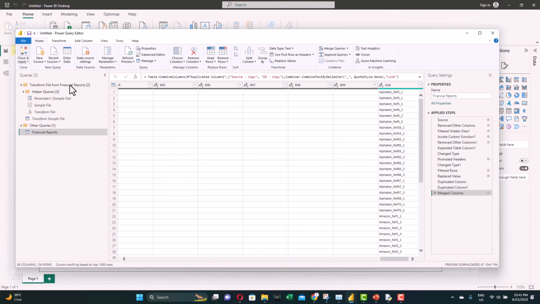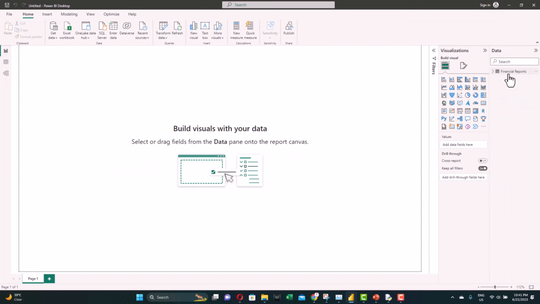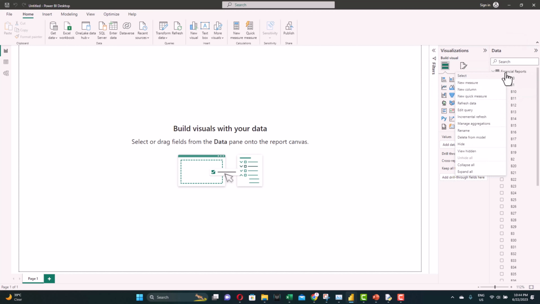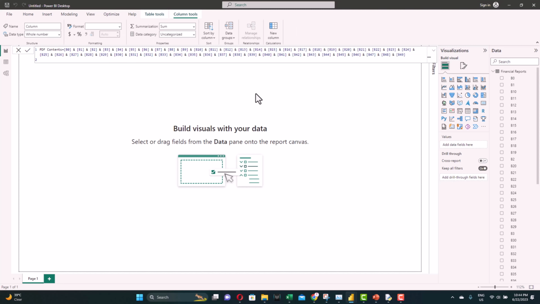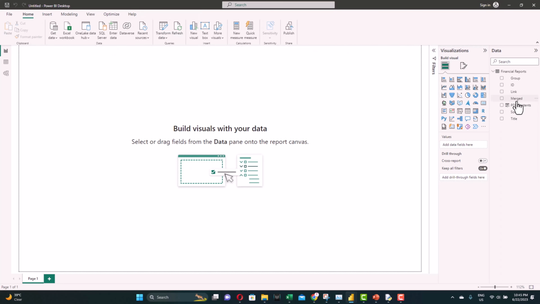And let's load to Power BI. Here we go, we have all the data loaded. In a similar way to the previous episode where we covered how to deal with PDF in Power BI, we're going to create a column to merge all the base64 code into one column. Right click on the table, new column, name it PDF contents, equals, paste, and we're done. And that's it, we have our PDF contents ready. Now we're ready to move to the next part, the ChatGPT part.